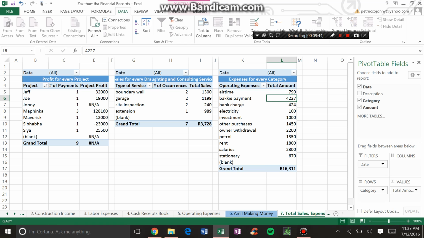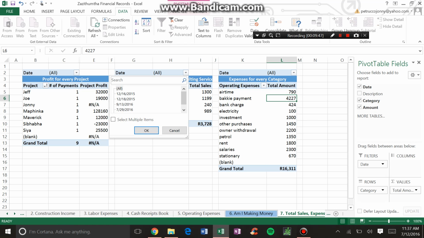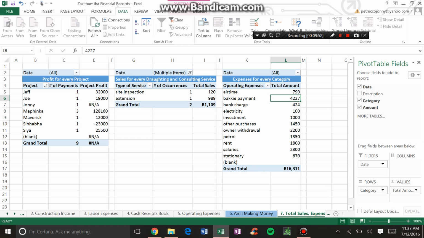If you would like to see this on a monthly basis, click the drop-down arrow, select multiple items, and you can determine what you made in 2015